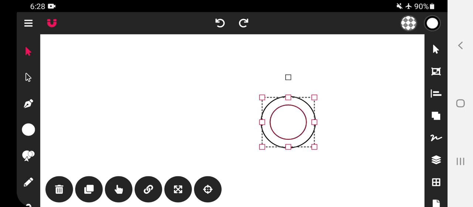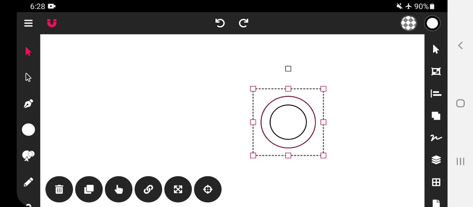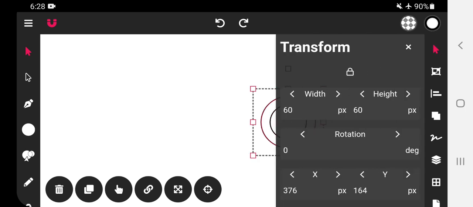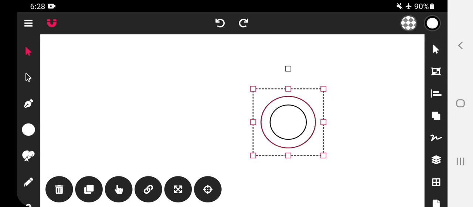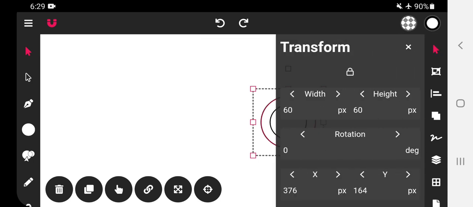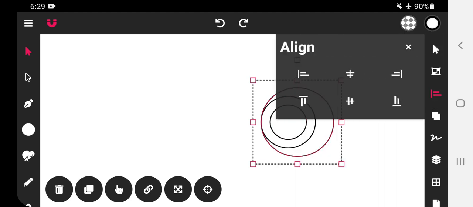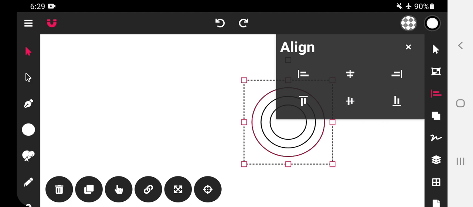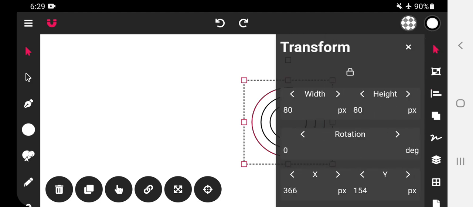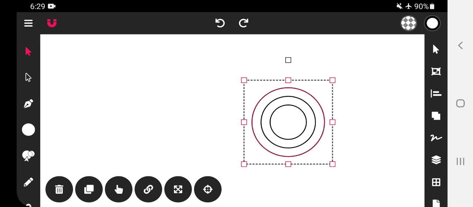Now we will use this outer circle which is 60 pixel by 60 pixel. Make one copy of that and then again increase its size. Tap here two times so it is 80 pixel by 80 pixel. New circle, align it to the center. Repeat it around 8 to 9 times. One more circle.